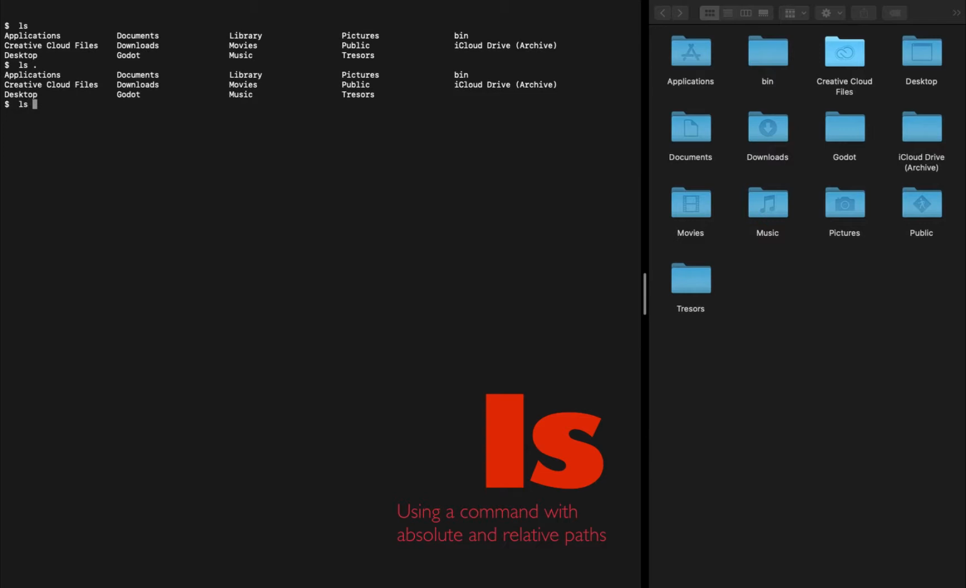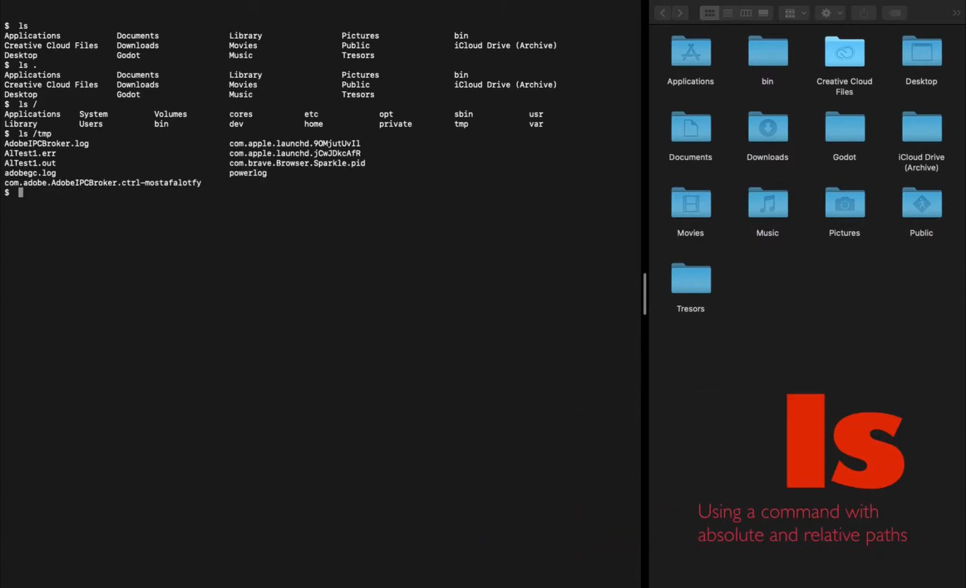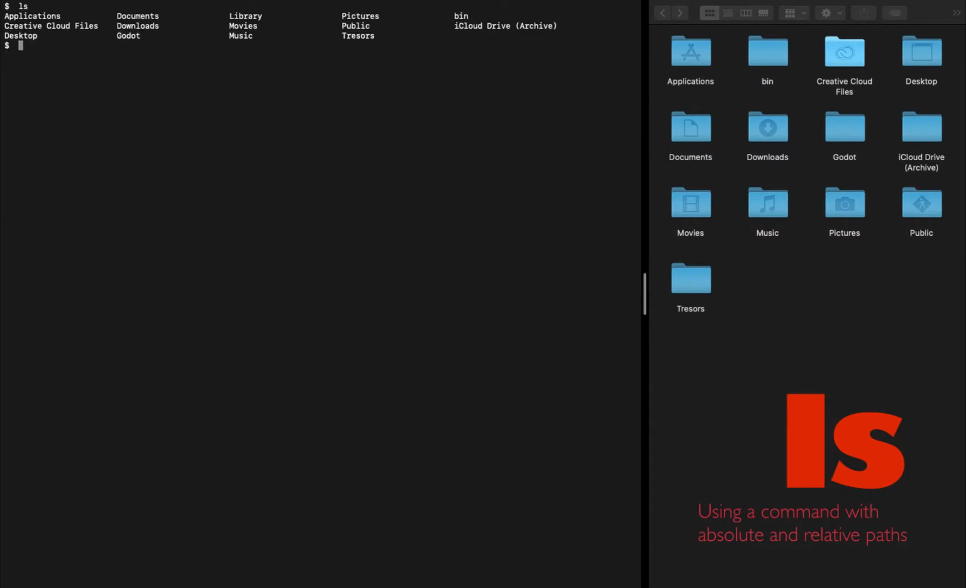I can use the ls command with any path, so I can ls root, I can ls the temp folder inside the root directory, this one, to list what is inside it, and I can ls any directory on my computer if I give an absolute path. So for example, I can ls documents like this, using the tilde sign instead of writing a full path like this, ls root